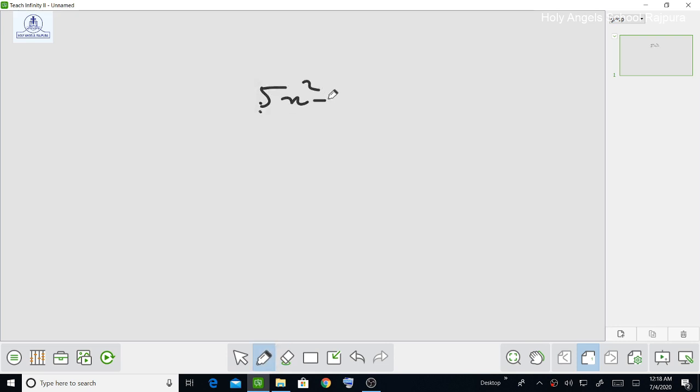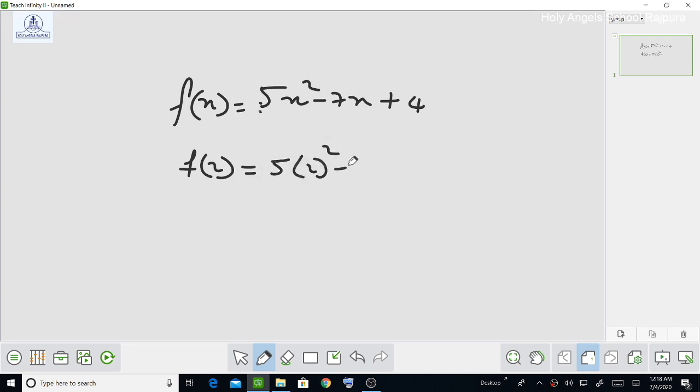5x square minus 7x plus 4. f(x) is equal to f(2), x value is equal to 2. f(2) is equal to 5 into 2 square minus 7 into 2 plus 4, that is 5 into 4 minus 14 plus 4, that is 20 minus 14 plus 4,